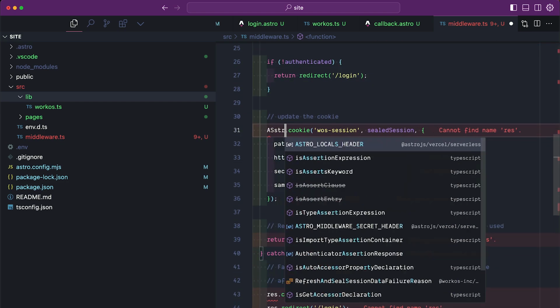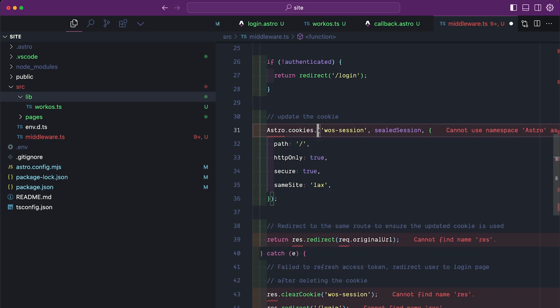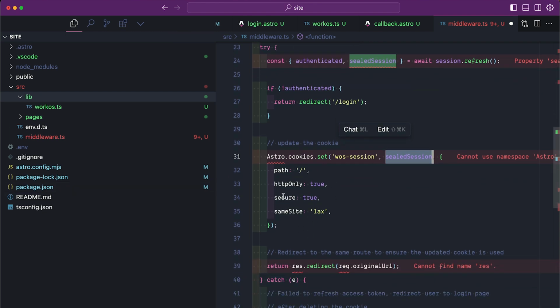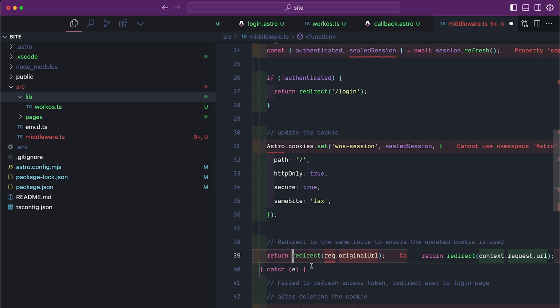So we can say astro.cookies.set. So it's going to update the WorkOS session cookie and pass in the sealed session that we were able to get when we refreshed the user's session. So then if all of that looks good, we want to redirect the user to the original URL. And the reason that we are redirecting them to the original URL is because we want to ensure that the